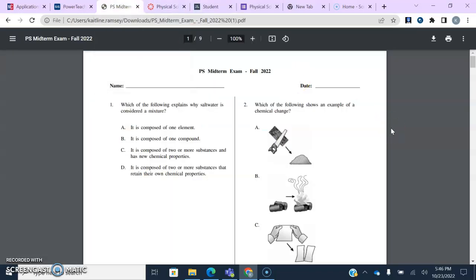So you will see a screen that looks very similar to this, where you have the questions on the left-hand side, but what will be different is on the right-hand side, you'll see a bubble sheet, okay? It'll look like one of the bubble sheets you bubble in with a pencil, but all you'll have to do is click the answer. So instead of going through question by question, you will have just a bubble sheet that you'll scroll through, and you will make sure to answer the question on the left and match it up with your bubble sheet on